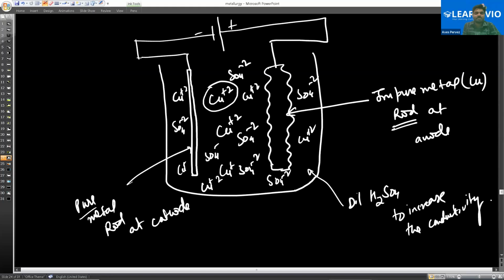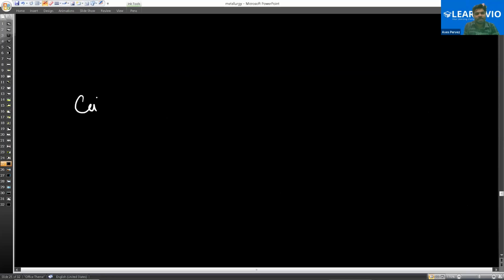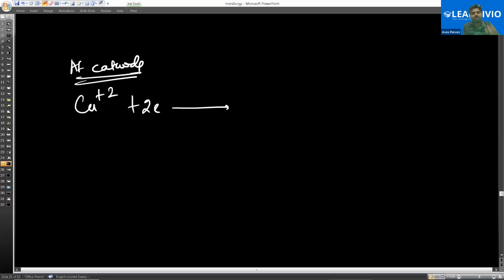So what is going to happen here is that this is a copper ion, and let's suppose this is a copper atom. When we pass electricity through this, just imagine what is going to happen. If this is a negatively charged rod, it will attract the positively charged copper ion. At the cathode, this copper ion will receive 2 electrons from the cathode, because the cathode is the electron donator,